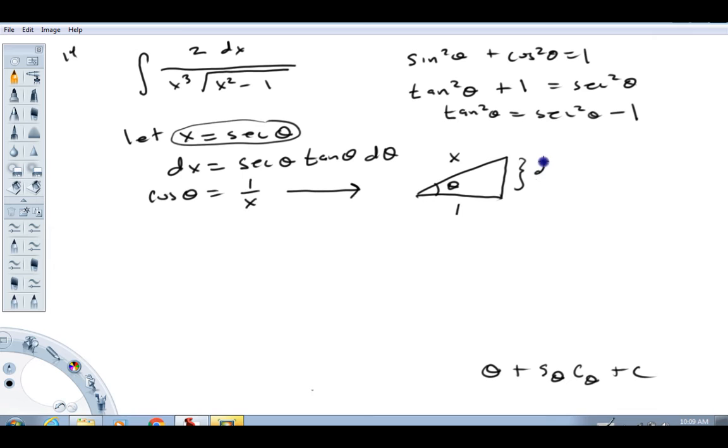This side, I'm just going to call it d for a moment, we can find by the Pythagorean theorem, because 1 squared plus d squared is equal to x squared. If we solve this for d, we get the square root of x squared plus 1. So now I'm going to put OI, which if you've had me for class or seen some of my integration videos, stands for original integral, equals theta, and I'm going to get that right from here. If I solve for theta, I get the inverse cosine of 1 over x